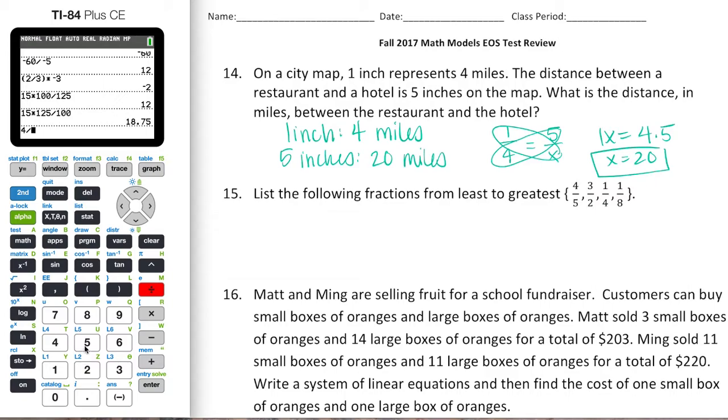So 4 divided by 5 is going to give us a decimal of 0.8. 4/5 is 0.8. 3 divided by 2 is 1.5. Then we're going to have 1 divided by 4 is 0.25, and 1 divided by 8 is going to give us